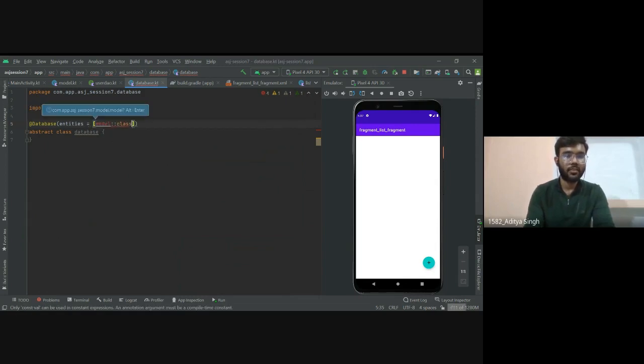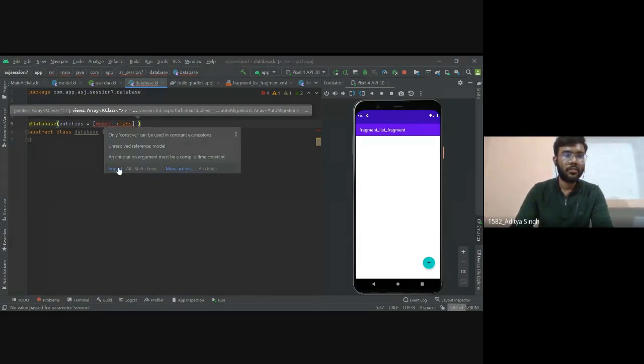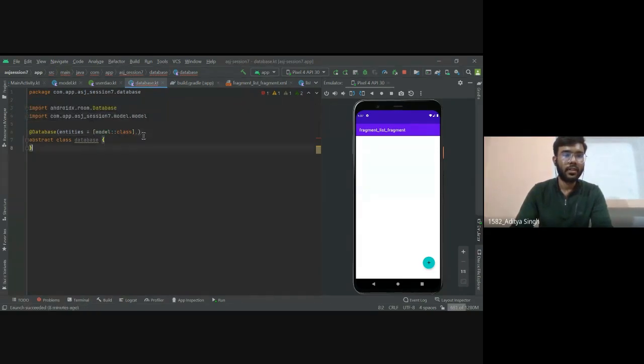This is how we define our model class. There is some error, let me see. All right, now it's fine. The import was not properly done. After entities, we will write version.